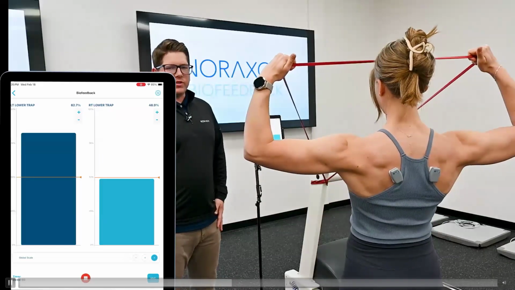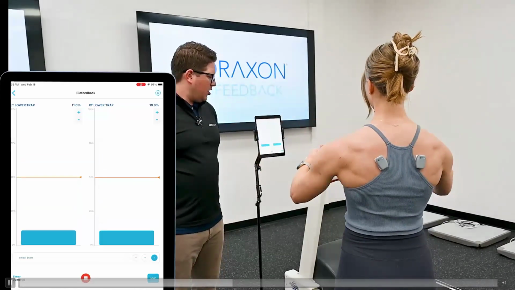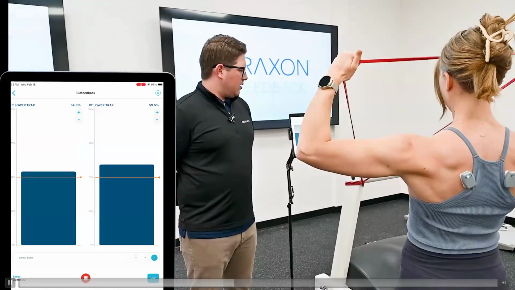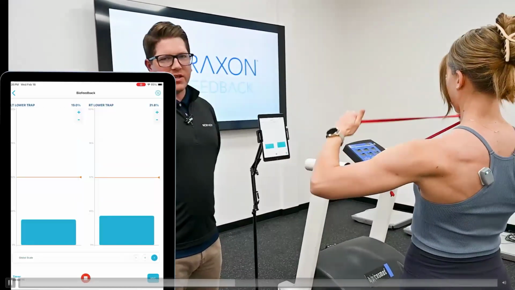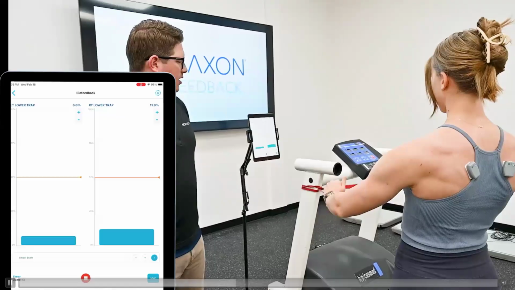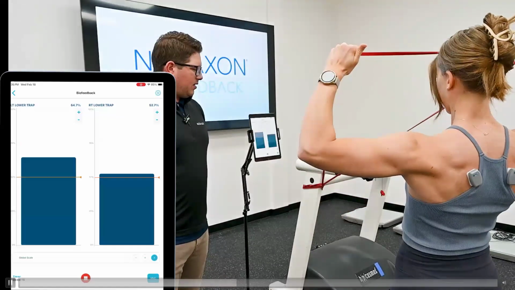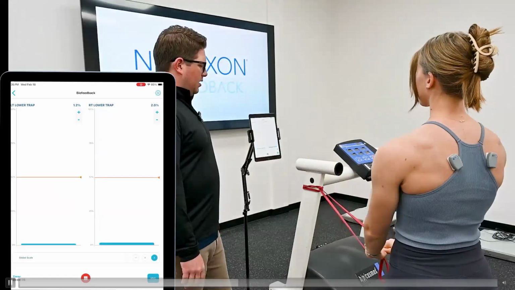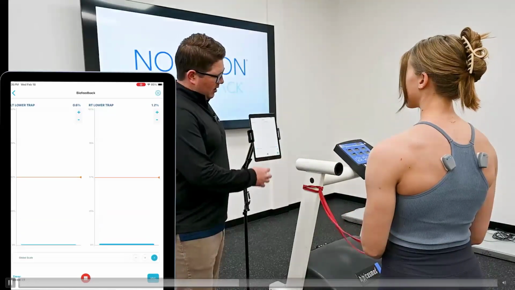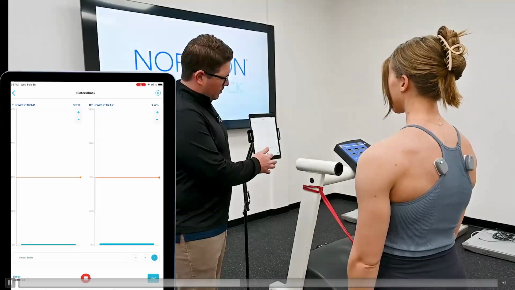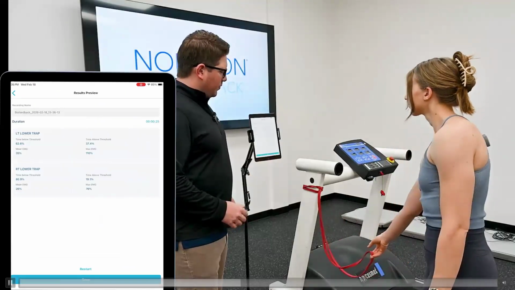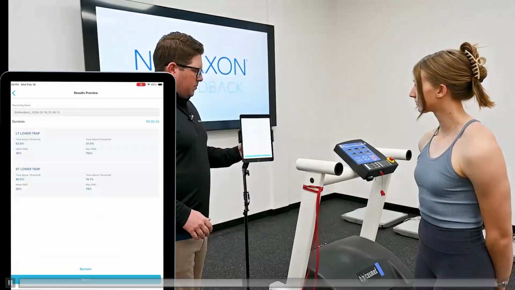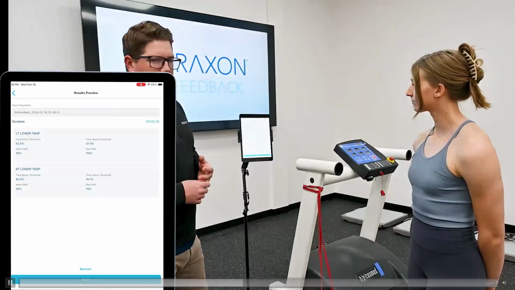So we'll have her do just 3 reps here just as a quick exercise, pulling back, trying to maintain that activation above the 50% threshold as she gets into that extended position. And then she releases, and you can see that muscle tension drops as well. So we'll stop there. Gives us a quick results preview, which shows us just some quick summary results of the